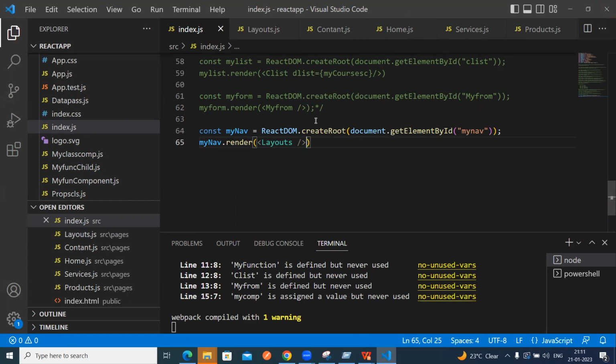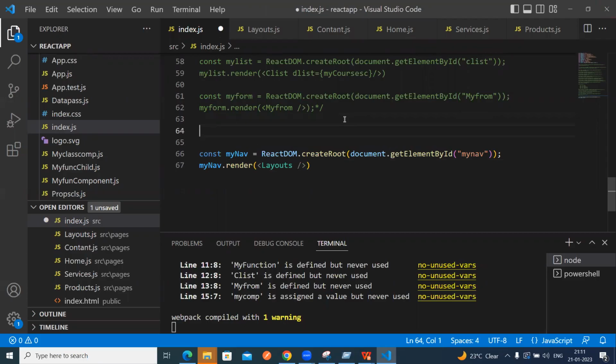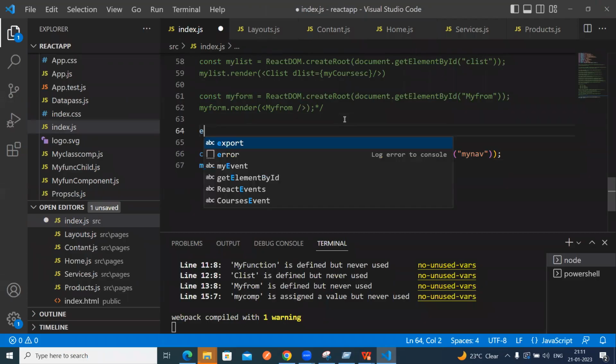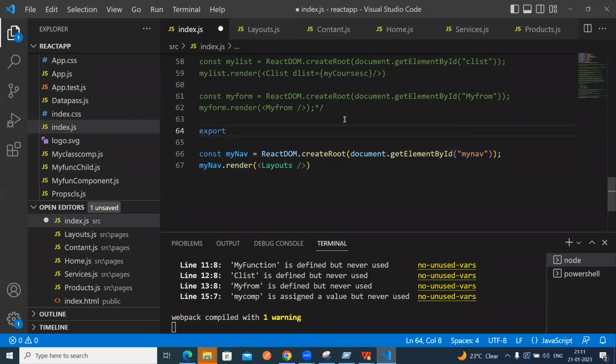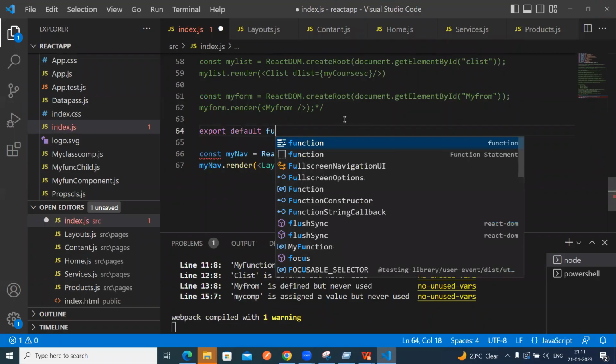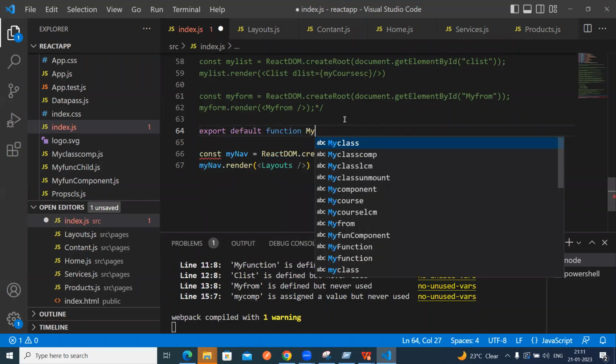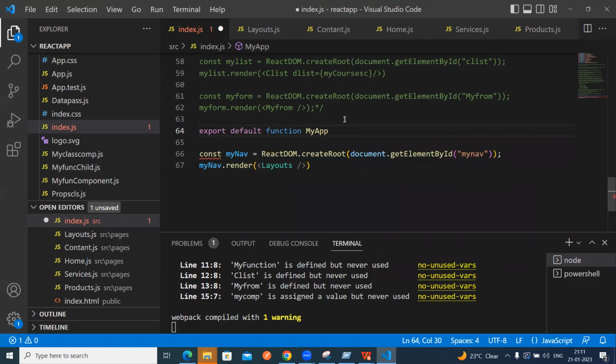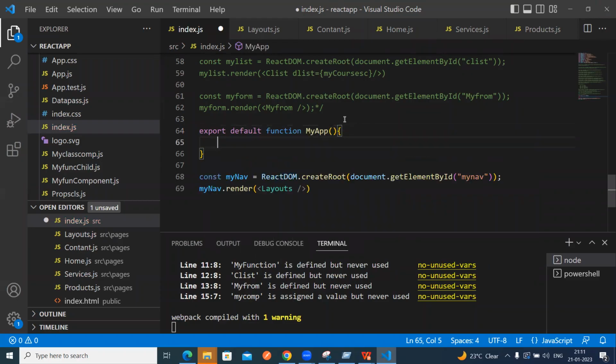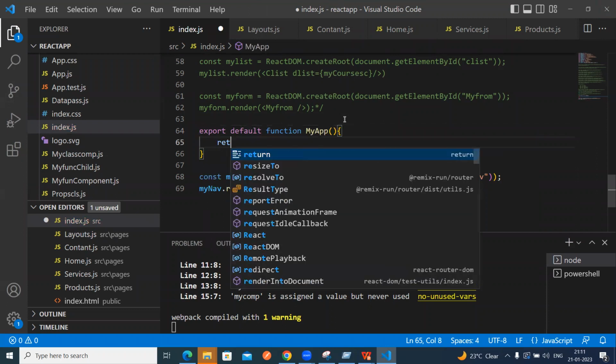Not like this, we have to call it here: export default function MyApp. Then inside, return